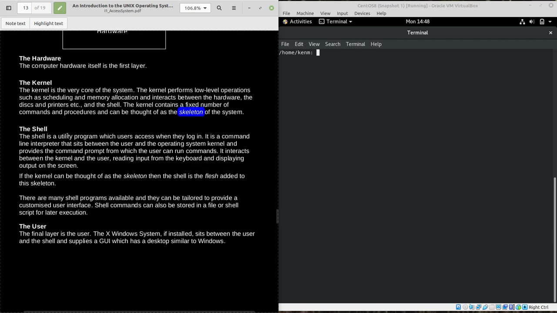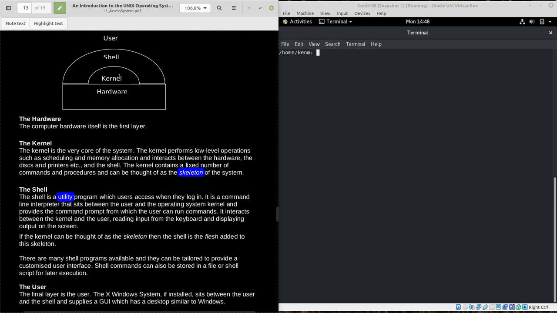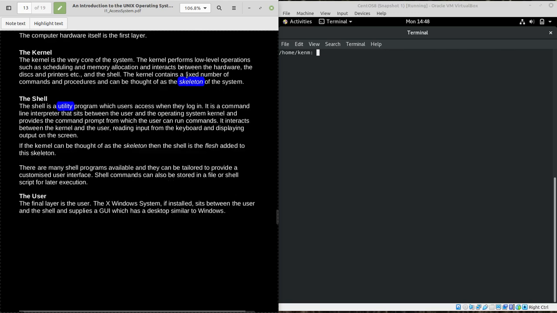This is a utility program which interacts between you, the user, and the kernel to get to the hardware. So it's a command line interpreter, sits between the user and the operating system kernel, provides the command prompt. It can be thought of as fleshing out the skeleton